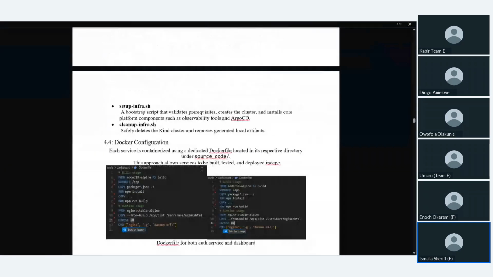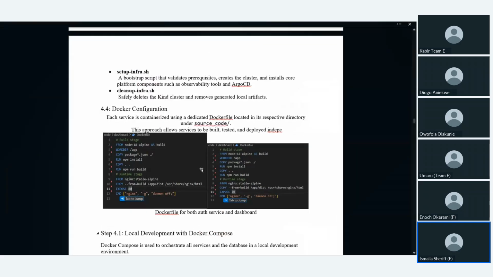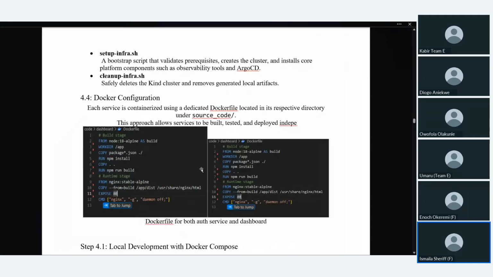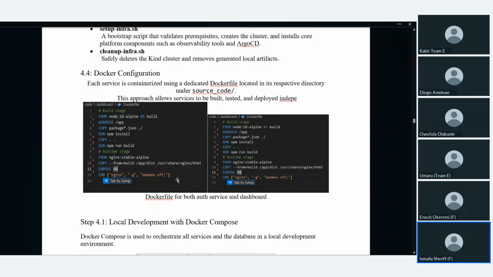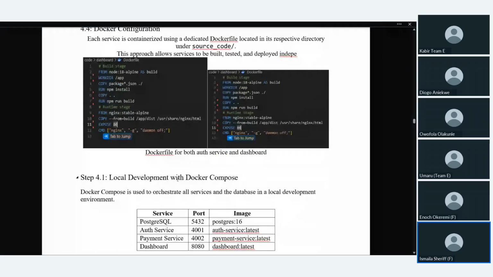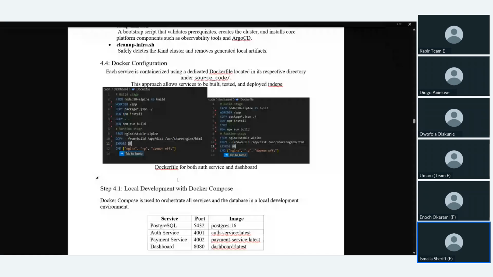So there's a Docker Compose file for the developer to be able to build the image and run the container to see that everything is working the way it is supposed to. There's also an infrastructure folder for the DevOps, a different repo. We separated them into two different repos. For each of the services created by the developers, we provide Kubernetes resources, also structured in folders: the auth folder where the auth service is, the payment, the dashboard, then Postgres.